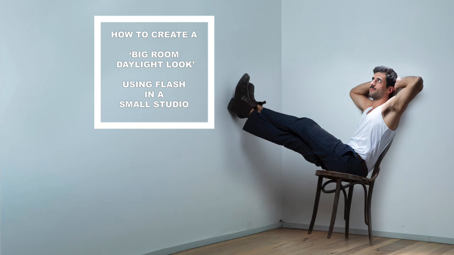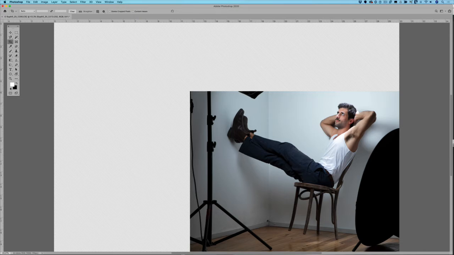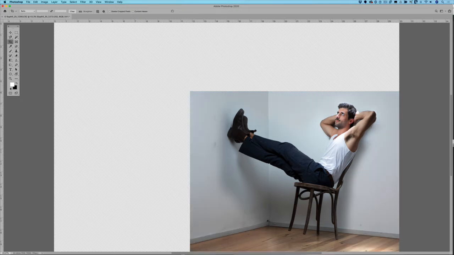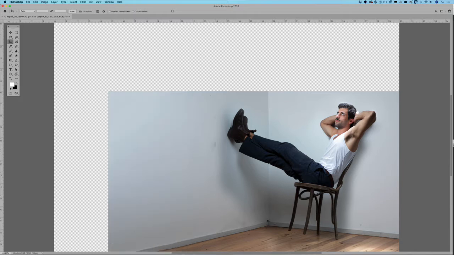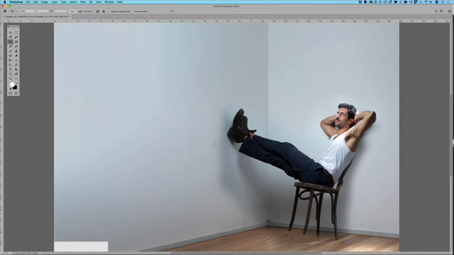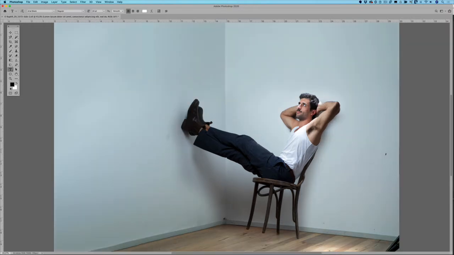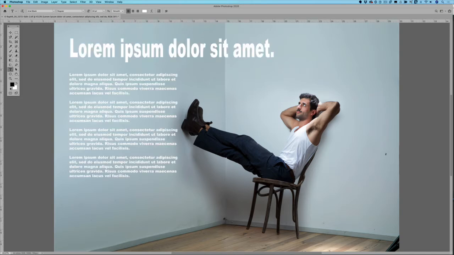Hey guys, in this tutorial I'm going to show you how you can create this big room daylight look using flash in a very small space. Now I'm also going to show you how you can easily in Photoshop expand this space to create this large room effect. So I had a very small space, but you can see step by step I can extend that space. So then you've got an image that you can easily add a text overlay to, and it flows really